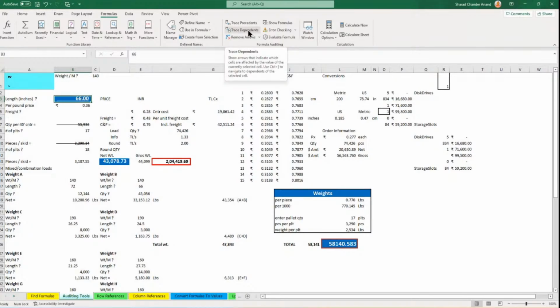Now, make sure your speakers are on so it can tell you when it's done. So click on Trace Dependents and it says show arrows that indicate which cells are affected by the value of the currently selected cell. And there's a shortcut also, Control and right bracket, to navigate to dependents of the selected cell. Trace dependents, and immediately you'll see direct arrows, which means that these cells are directly dependent on